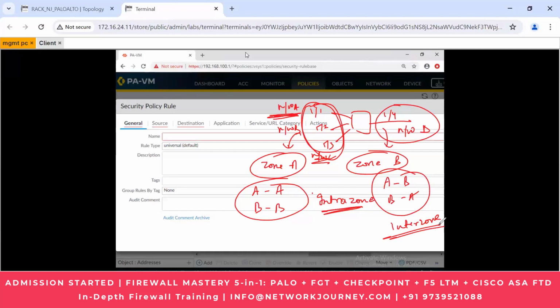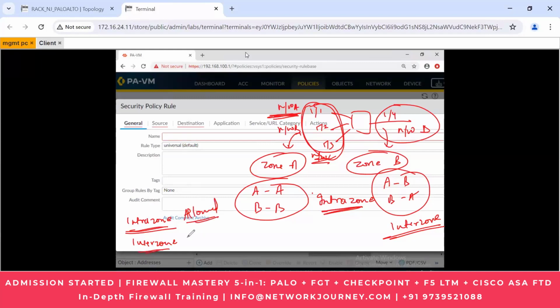Okay. So when we are saying intra and inter, why are we saying intra is allowed by default? Because it's within the zone. You can still monitor and put some restrictions if you want. If you don't want network A to reach network C within the zone, then you need to define your own policy. But if you don't define anything, it is considered that when you are within the community, everything is safe. Nobody is coming from outside. You're in your own premises. So by default, intra is allowed,